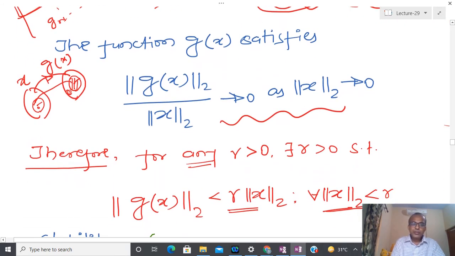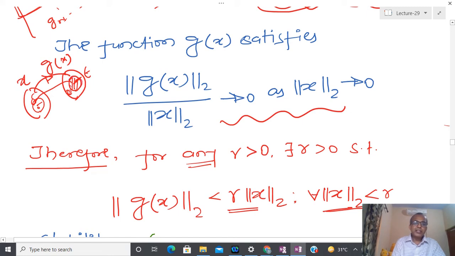So I have to create a ball on this side. And what kind of ball have I created? I have created some kind of epsilon ball, you can take. Corresponding to the epsilon ball, there exists a delta ball, such that if I start in this ball, then I am going to remain inside this particular ball. Now what we are telling is that I have some kind of relation. By continuity I am going to check this